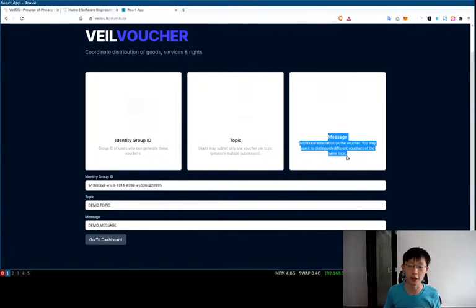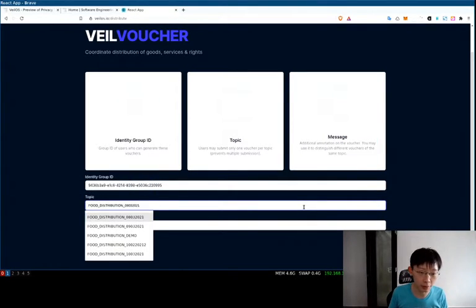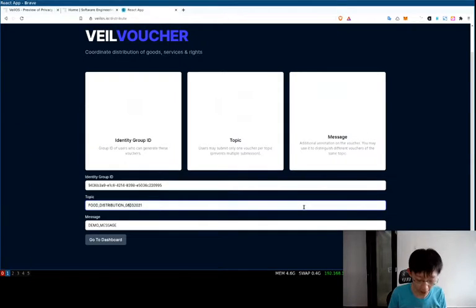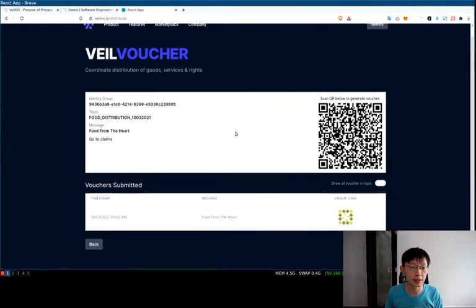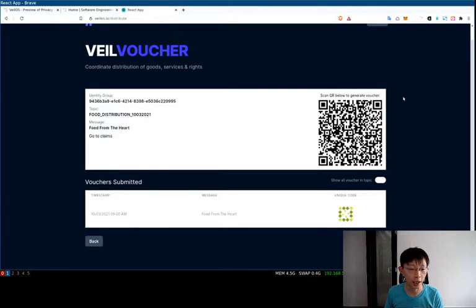Finally, the message is just an additional annotation on the voucher, so we can use it to distinguish different things. In this case, we'll use it to distinguish the different NGOs that are participating in this. So for today, we will just use food distribution, 10th of March, and for the message I'm going to use Food from the Heart, which is one of the bigger NGOs in Singapore that is distributing food. The moment you click on that, you can see this is my dashboard, and you can also see previous vouchers that have been submitted by